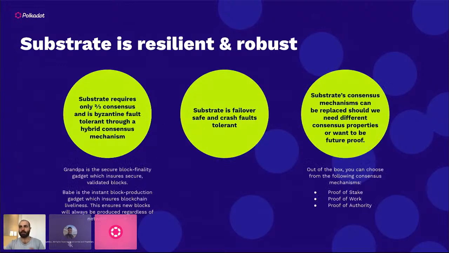And you can also customize the governance process for your runtime upgrades, because the governance is just a collection of pallets as well. Again, Substrate is resilient and robust, especially due to some of the functionalities of Rust and how it handles errors, and the consensus mechanism can be replaced as new things come along. It's again a future-proof way of doing things. It's not just an out-of-the-box design that you have to buy into. It's extremely interchangeable and customizable.